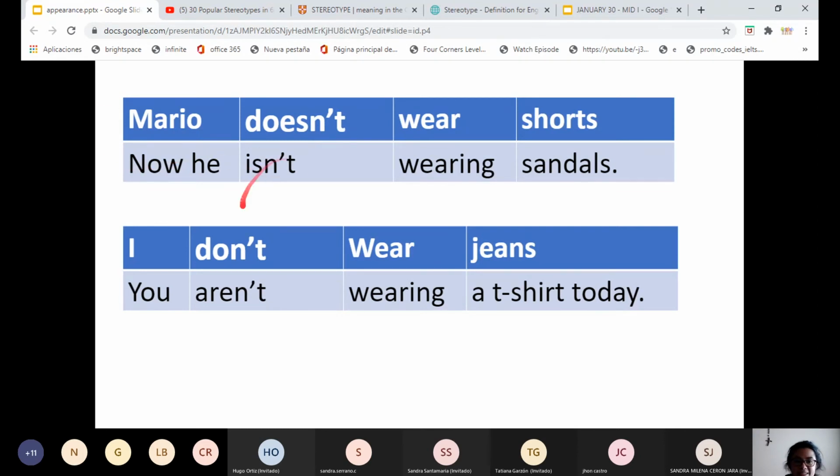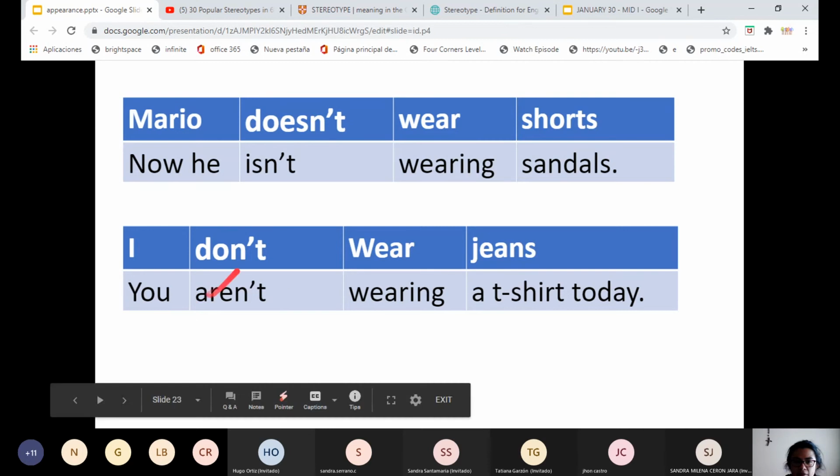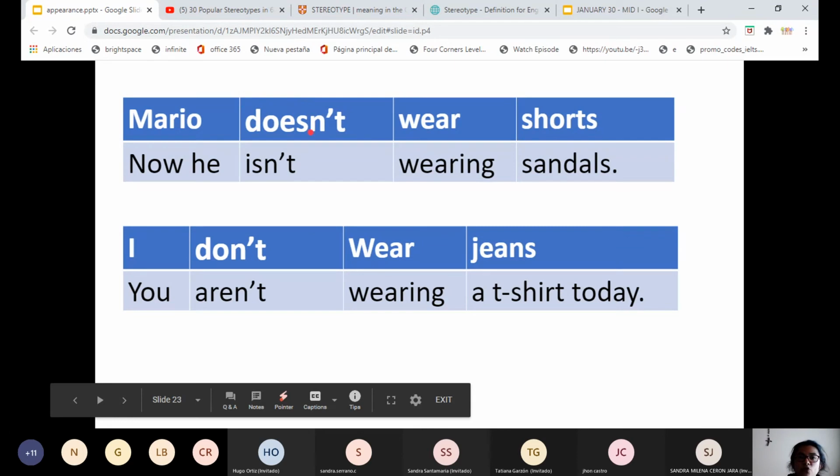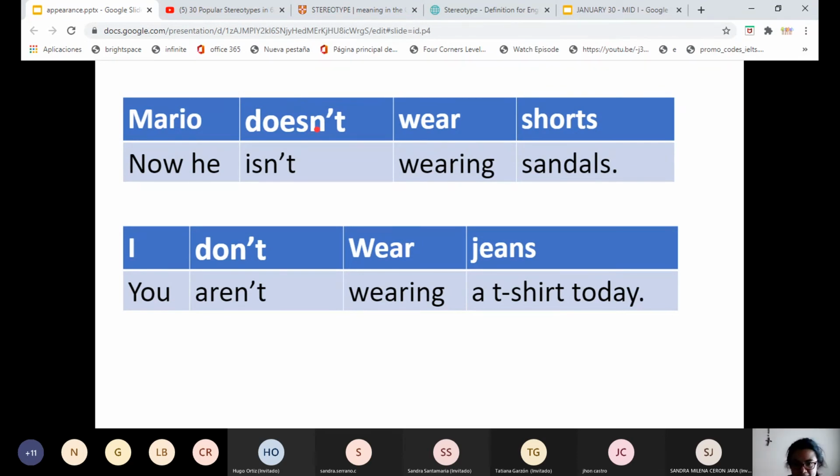But for activities at the moment, we use isn't or aren't, right? Isn't or aren't. Okay, so in this moment, I am not wearing jeans. I am not wearing sandals, okay? Probably you aren't wearing a tie today, okay? So the big difference: for present simple, for routines, for things that are always true, we use don't or doesn't,